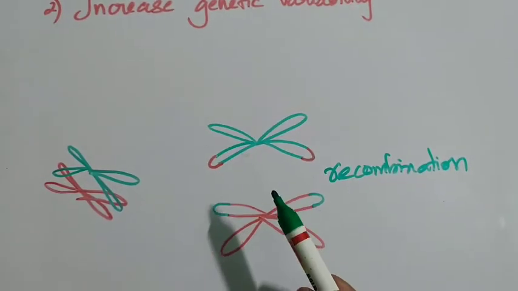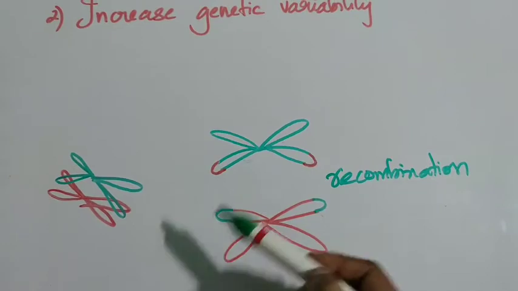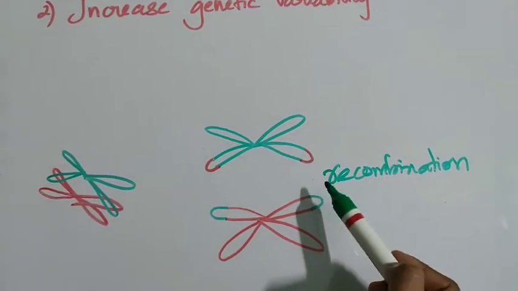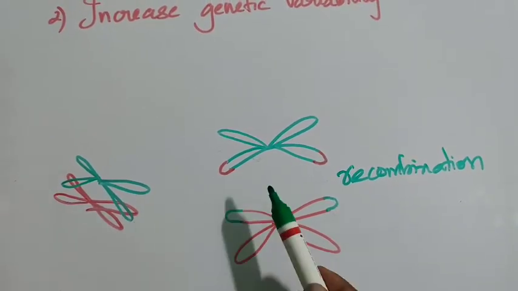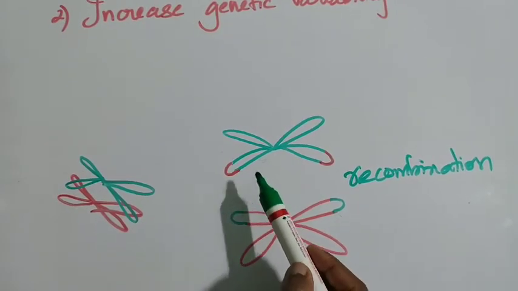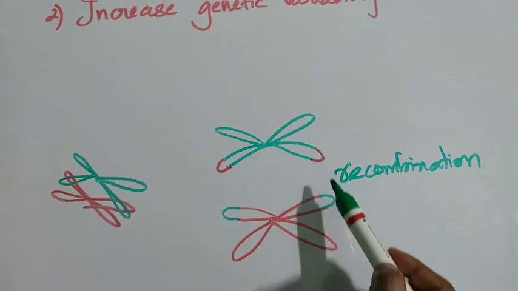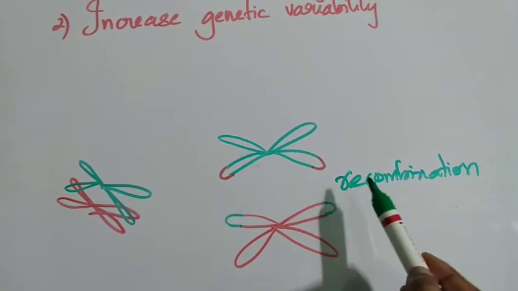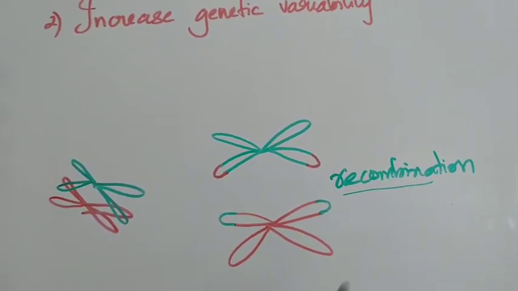In the diagrams that I drew, I have forgot to draw it like this with different colors. Okay, that is my mistake. Please change it whenever you're drawing. Please make sure that you show this recombination. Okay, chiasmata were there. When chiasmata separate in metaphase 1, each of the chromosome of the homologous pair are leaving behind a piece of it in the other chromosome, and this is what is called as crossing over, results in exchange of genetic material, and that is nothing but recombination. Okay, I hope you make the changes.